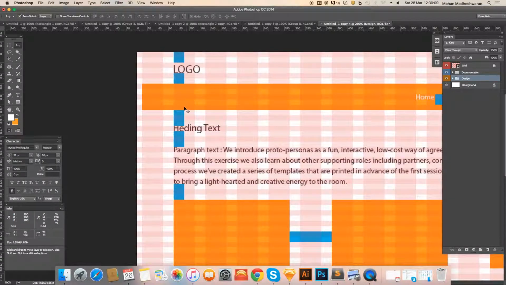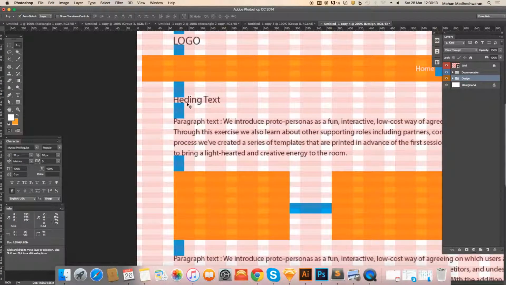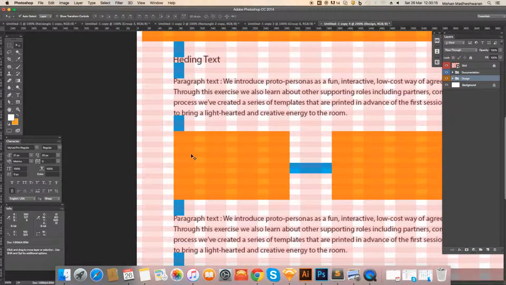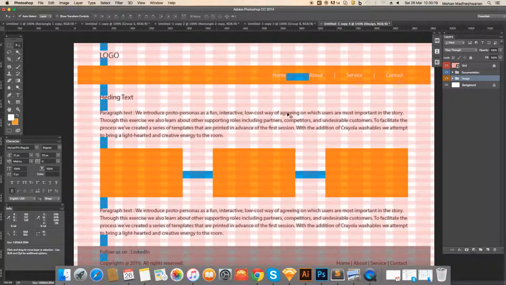Okay, so similarly we have the spacing for the text and the rectangle boxes here. The purpose of making documentation is it will be very useful for the developers to get the spaces, like they can easily identify what is the space given between the heading text and the paragraph, then paragraph and the rectangle boxes I have used in this design.